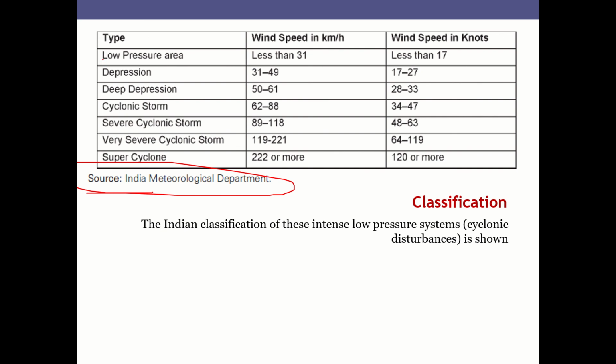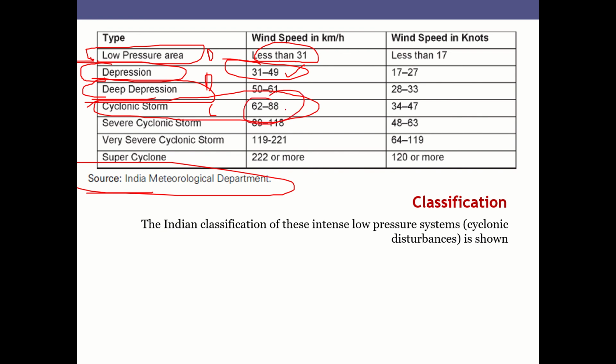It says when do we call a low pressure area? When a wind speed of less than 31 kilometers per hour is observed. When do we call that depression? There is a possibility that depression has formed when the wind speed exceeds 31 kilometers per hour, up to this extent, and then they call it deep depression. We have summarized it: disturbance, depression, cyclone formation. They have further classifications. Cyclone formation occurs when the speed exceeds 60 kilometers per hour.